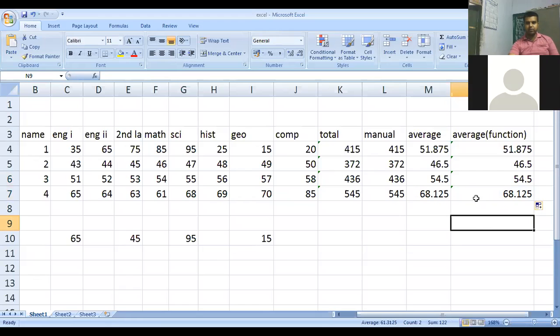So this is the process of copy pasting. The last thing that you have seen is that you can drag the previous cell and drop it downwards. This is the drag down process, by which you can copy paste the formula from one cell to the other. So today we have done the max function, the mean function, the average function. We will also do some other functions, and then we will proceed towards the concept of cell address in the next class. Okay, that's all for today. Thank you.